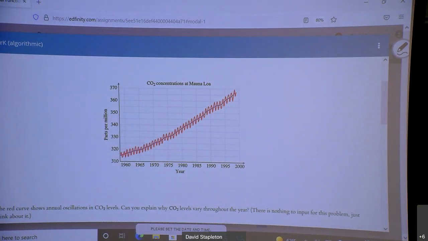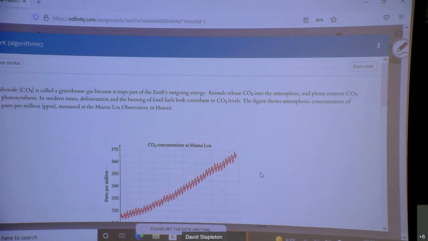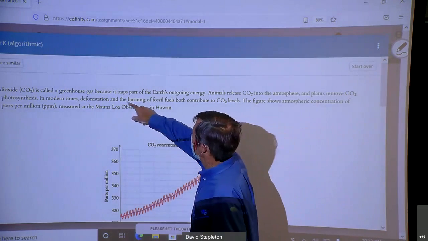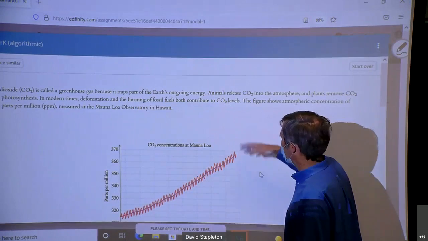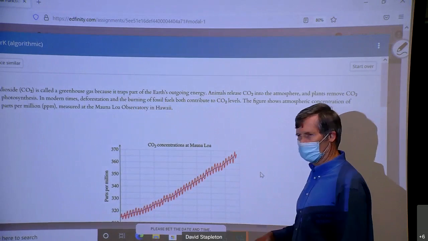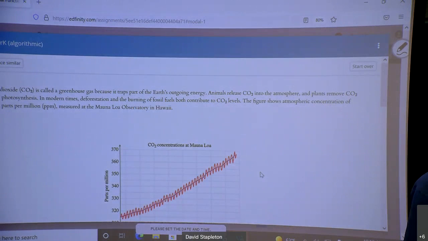This is just a graphical problem. We got to do one applied problem, right? It says, it's called the greenhouse gas because it traps part of the Earth's outgoing energy. Makes it warmer. Greenhouse, the light comes through the glass. You know how a greenhouse works, right? They have the glass walls and the light will come in and it will refract. It'll turn at an angle when it comes in. And then it doesn't get out as easy because it has to,